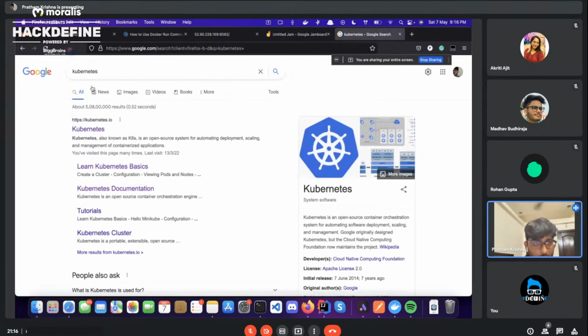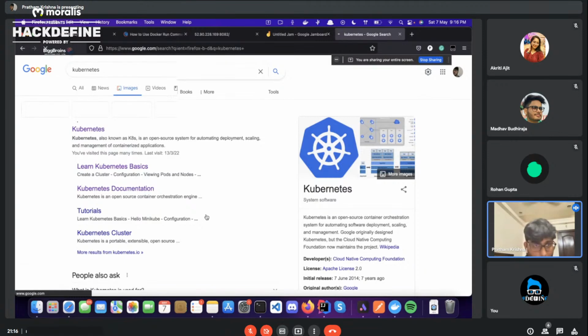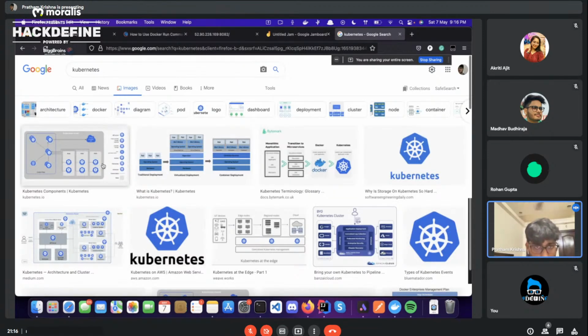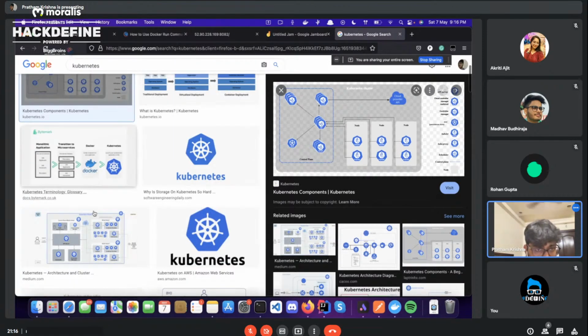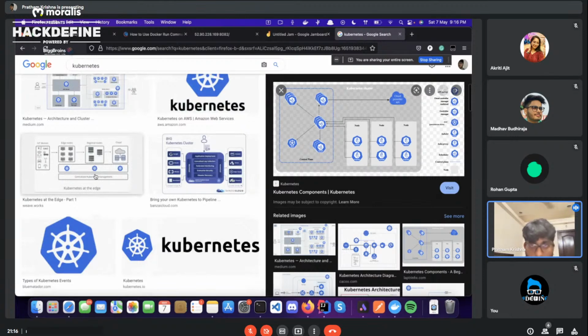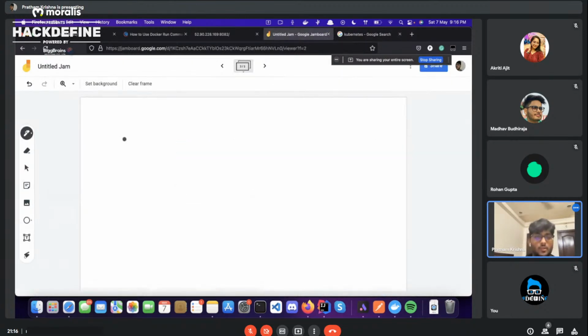On a basic architecture diagram, let me see if I can find something. Okay, I'll actually just draw it for you. Kubernetes has something called pods, and inside each pod you have a node, and inside each node you have a container running, and inside the container you have the application that is running.